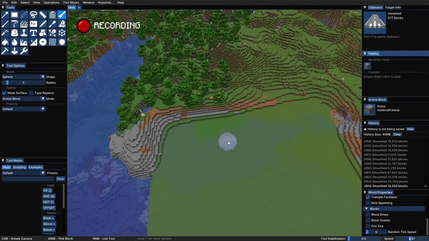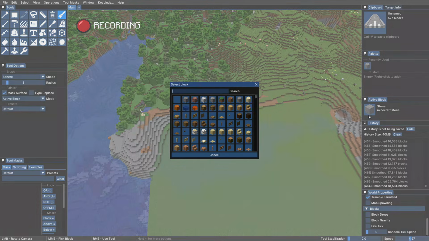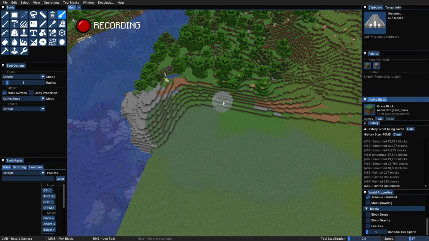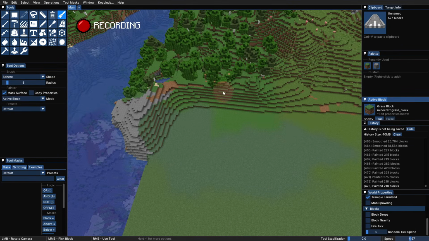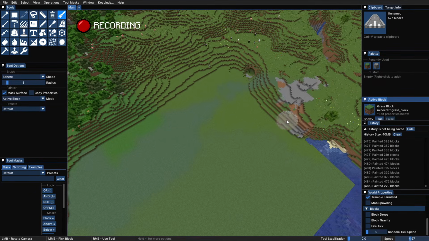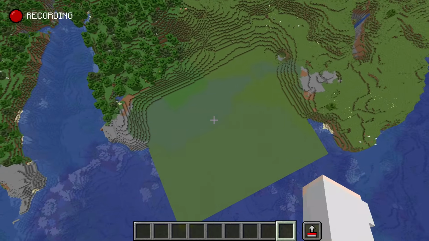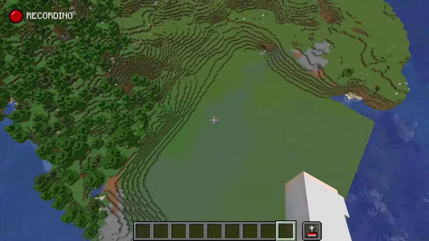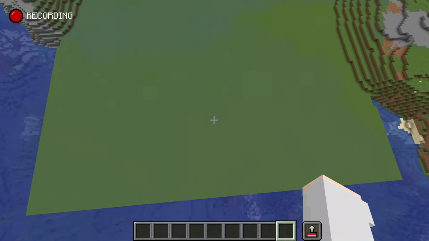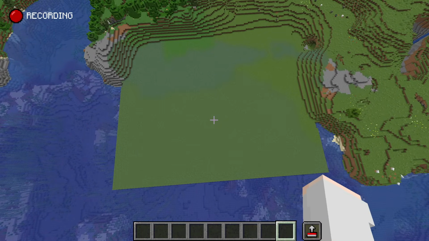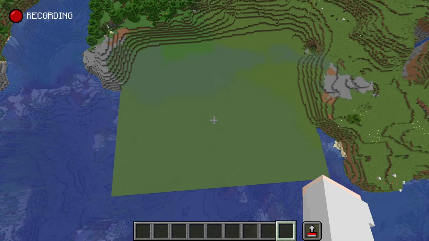Then paint it with grass, so this is how you paint. With the active block, change it to grass block. Now it's going to put grass over here, maybe even here, like this. So now it doesn't really look that rough, that sharp. It's a lot smoother. Now you have a rectangular selection, and what you need to do now is actually stop